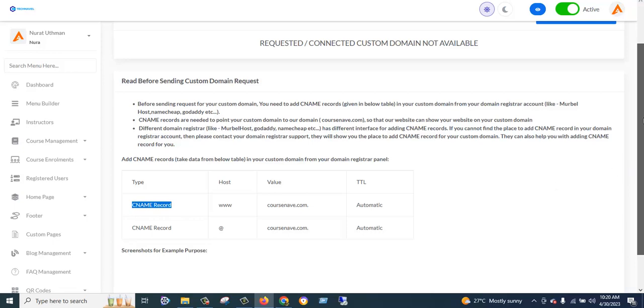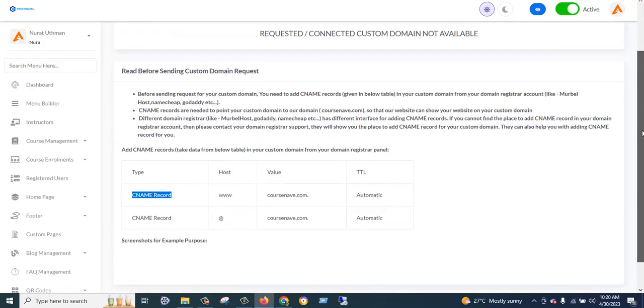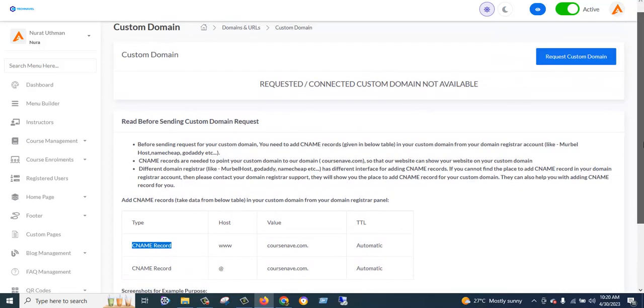Once you have done that, you now request a custom domain. Before you request a custom domain, follow the instruction here. Add this CNAME record, register a brand new domain, then add these two name records to your domain. If you don't understand it,